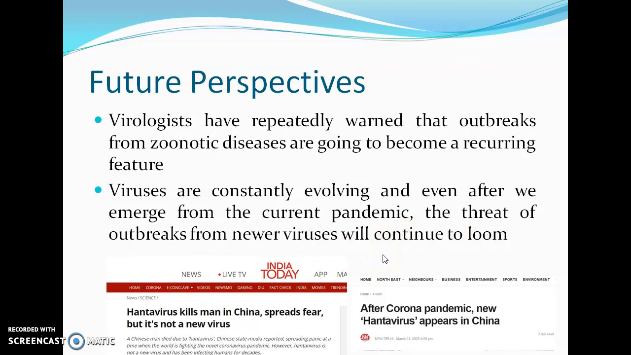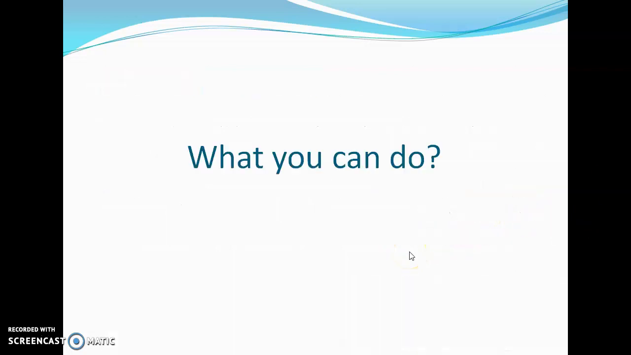In the future, I hope a lot of research is going on vaccines, and I hope these vaccines will soon come into the market. Vaccine is the most promising approach where you can protect populations from the effect of these types of viruses. Another thing, I just added 1 or 2 slides on what you can do